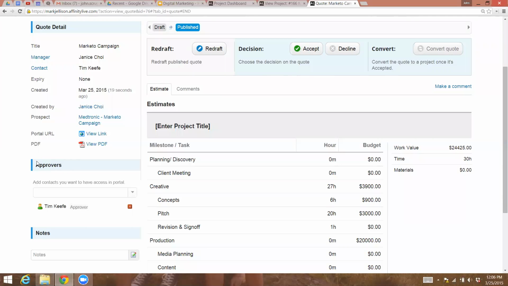Then once the estimate is all set, it's sent back to the requester internally, and then it's the requester's job to send the cost via email, informally, to the client. And then the client will say, this is great, let's get a proposal so that we can sign it. Or